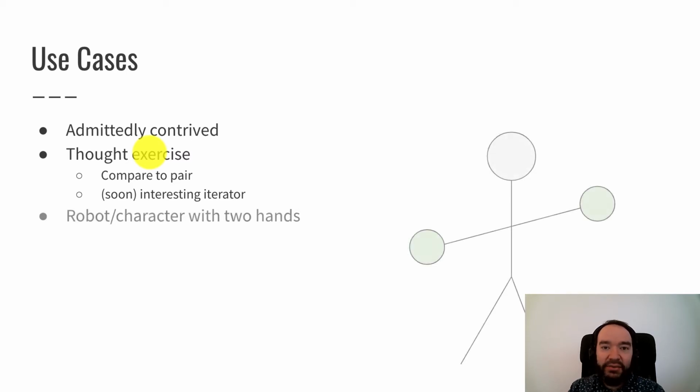It's also a way that we can practice using pointers. So it's kind of for pedagogical purposes. I suppose maybe you could use this in programming if you were trying to implement some kind of robot or character that has 2 hands. That's where the left-right concept comes from.